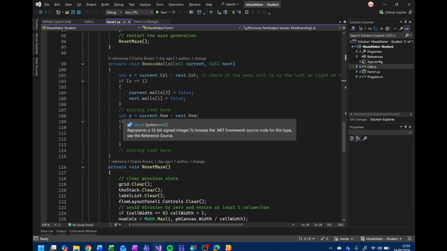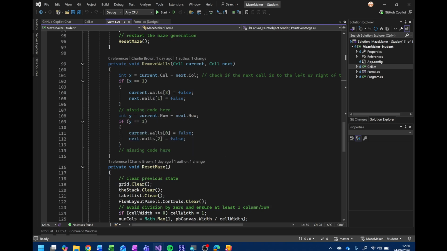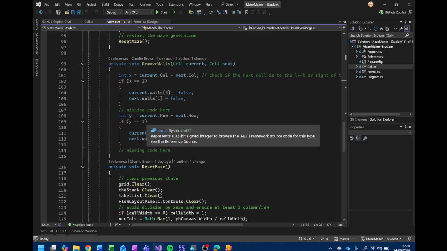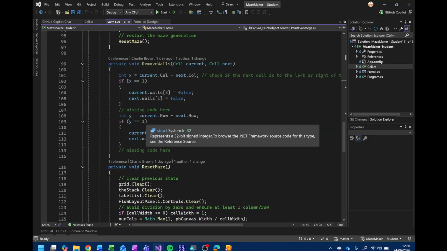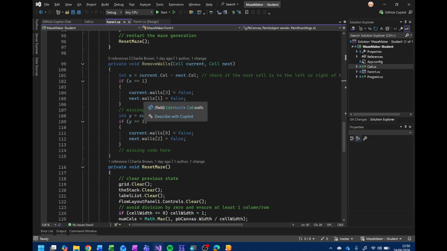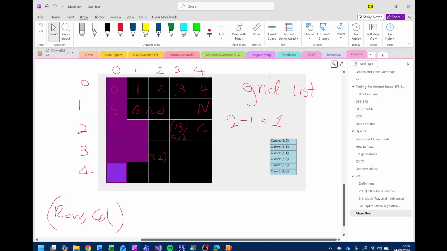Okay. Now, I've got if it equals 1. So that would be a situation where, let's do that then. So that would be current there, next equals there. And that would be 2 minus 1. Yep, equals 1. So we know if that's the case, then we're going to say, right, current walls 3 is false. So current walls 3. So remember that is 0,